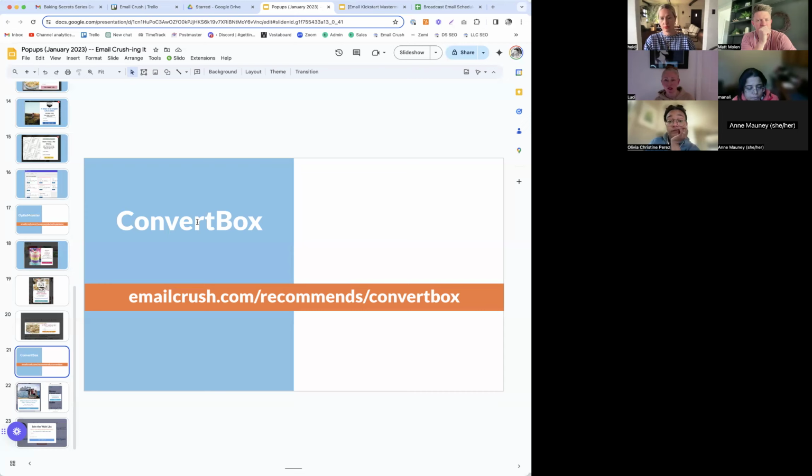I just switched to Cadence as my theme, and I noticed that it has pop-up blocks and subscribe forms, and they look quite attractive. Is there a reason why I would not use those and use either ConvertKit or one of the other service providers that you've just mentioned? I've never set those up myself, so I couldn't give you an answer there, Lucy. There are truly dozens and dozens of ways to accomplish this. And if they have it built in and make it simple for you, I would lean towards that for sure. Now, if you look at it and you're like, I don't like the functionality, I don't like the stats.